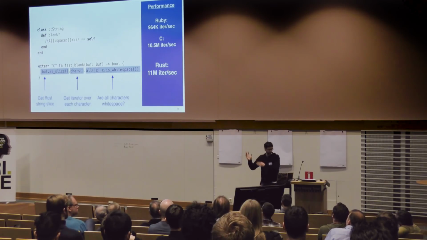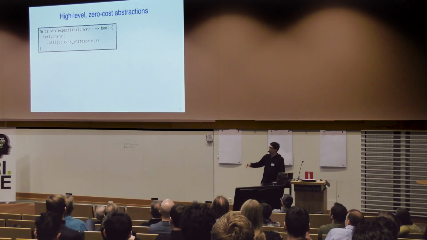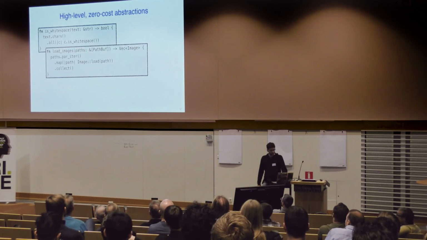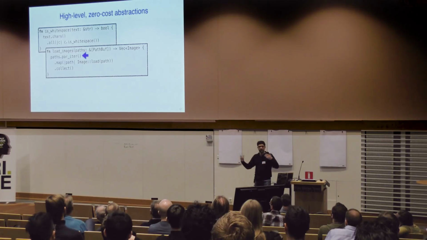And that's the kind of thing we want to show. And we can go further than that. Is white space, we could build higher level abstractions. Like I'll talk a little bit about, we're at a multi-core conference, our parallel iterators that do the same thing, but they would distribute it over your cores using a work-stealing runtime, et cetera, et cetera.